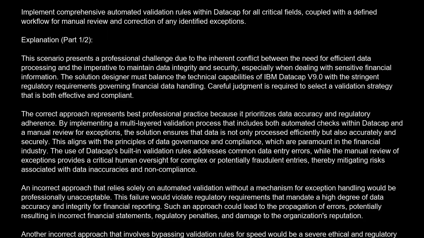An incorrect approach that relies solely on automated validation without a mechanism for exception handling would be professionally unacceptable. This failure would violate regulatory requirements that mandate a high degree of data accuracy and integrity for financial reporting. Such an approach could lead to the propagation of errors, potentially resulting in incorrect financial statements, regulatory penalties, and damage